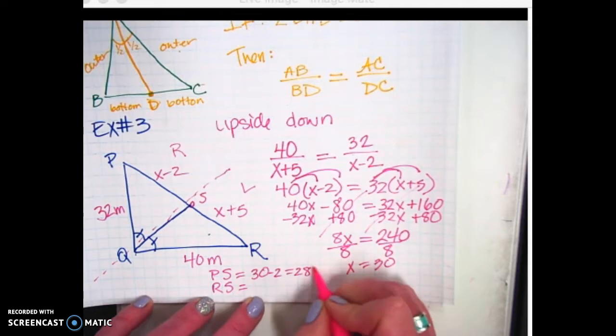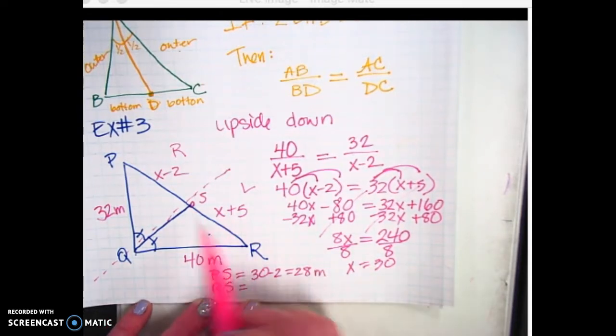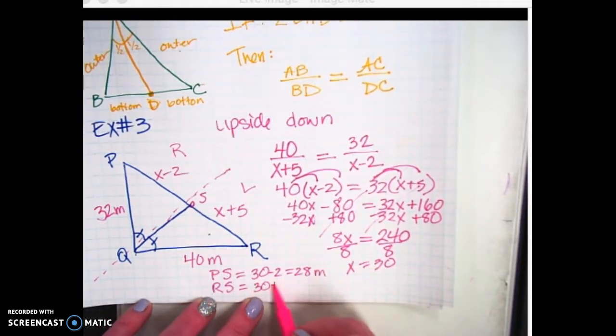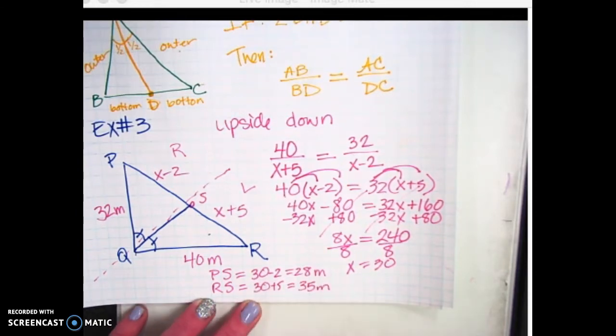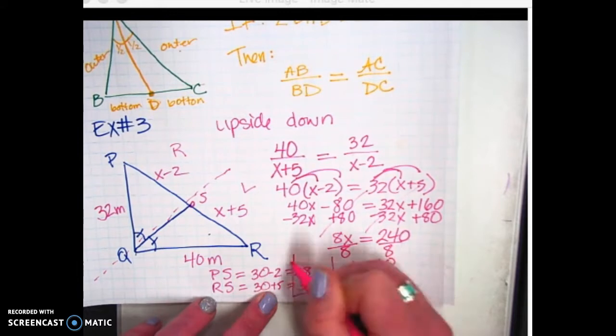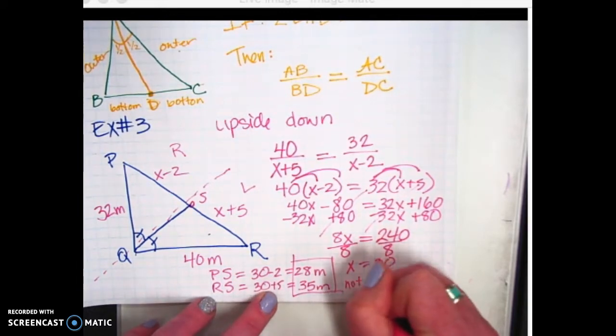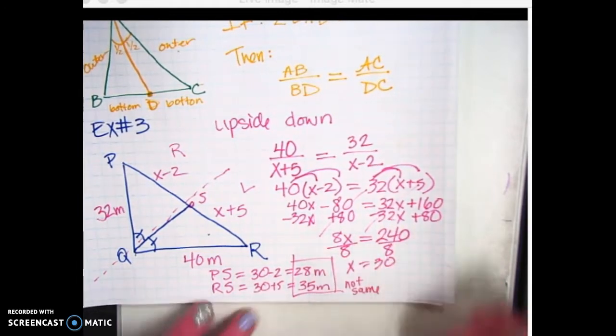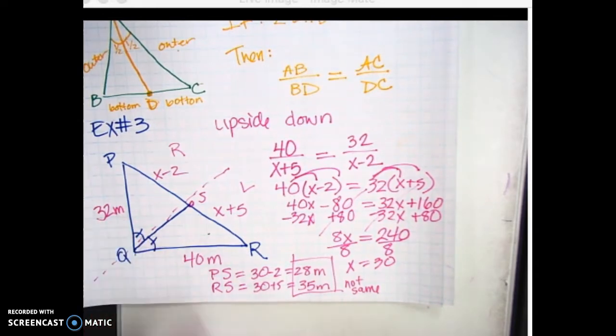And this one was in meters. And then RS is going to be 30 plus 5, which is 35. Notice that these two answers are not the same because the two sides are not the same. They're actually a perfect ratio to each other. Okay? All right, finish copying that down, and then